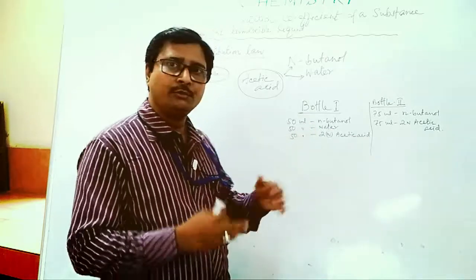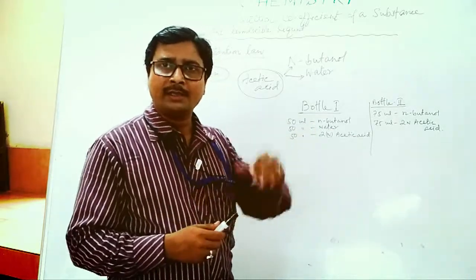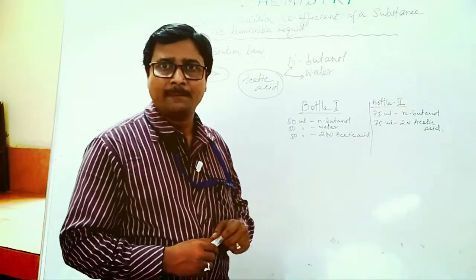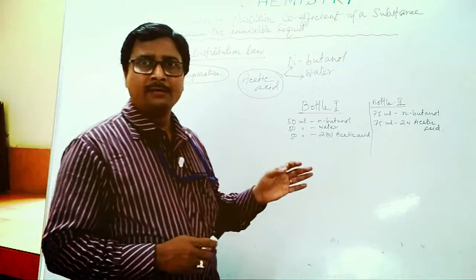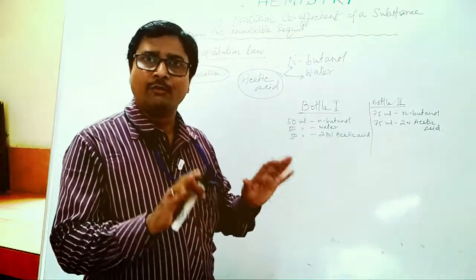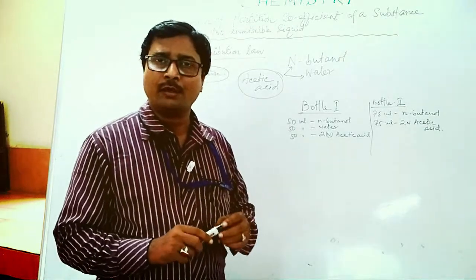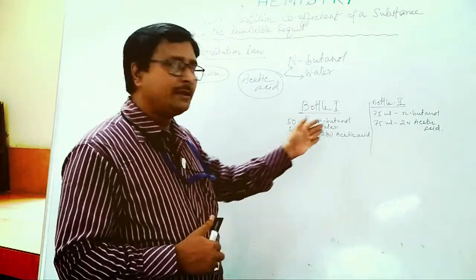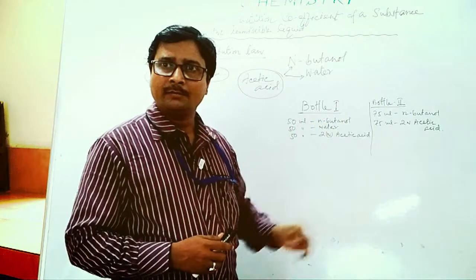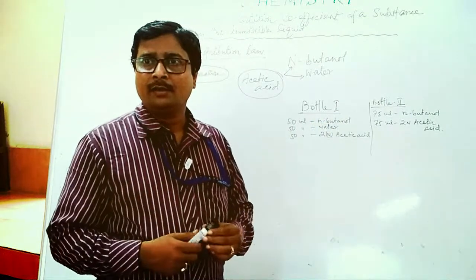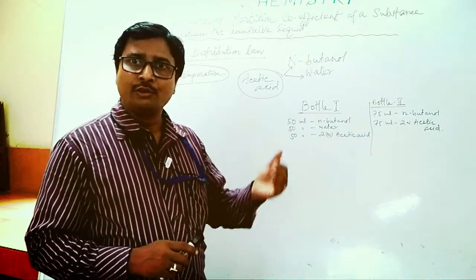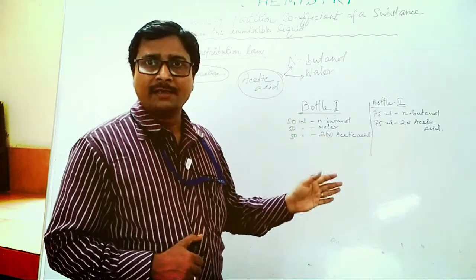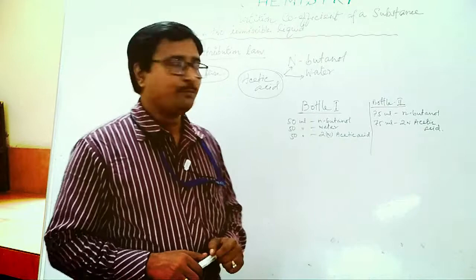Whenever we add the solution, you will see two layers. One is the organic layer in the upper part, I will show you, and in the lower part the aqueous layer. At that point, acetic acid will not distribute properly, so vigorous shaking is required. After shaking, we will show the ratio. The acetic acid may go into the layers in different volumes, but the ratio of the concentrations at equilibrium at a constant temperature is the same. That we have to prove.